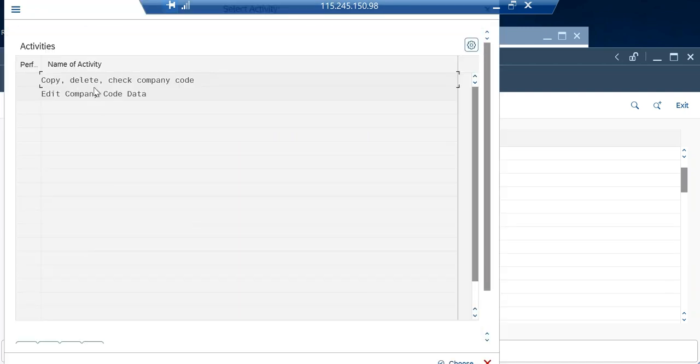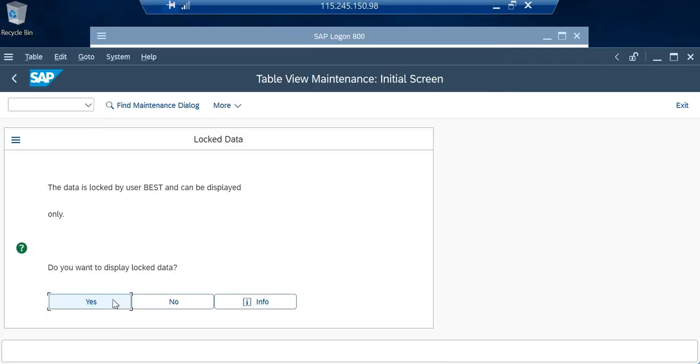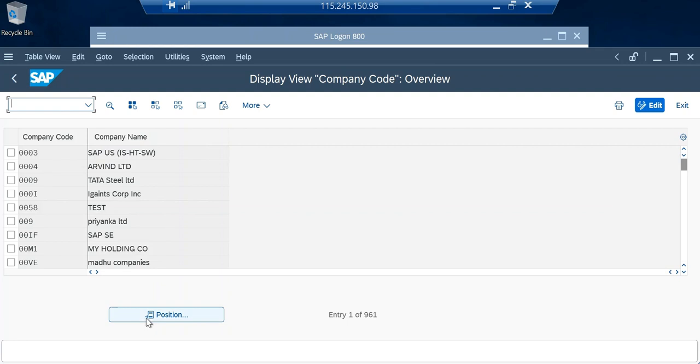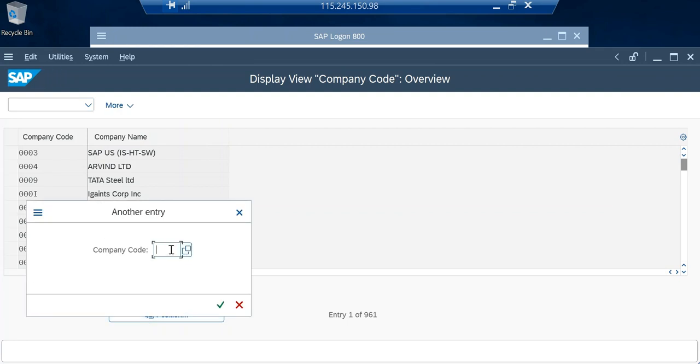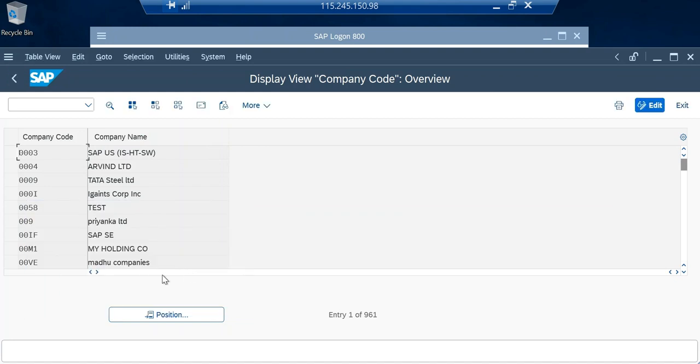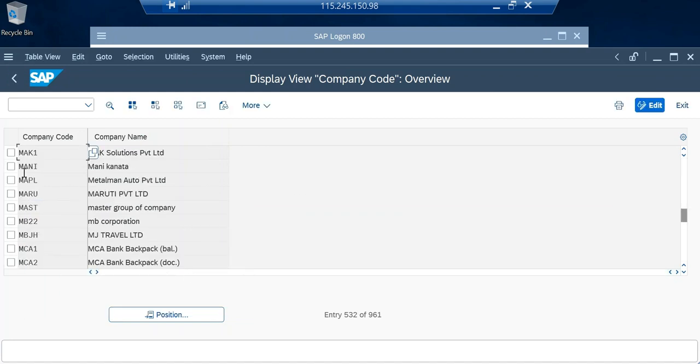So if you click here, let's review the organization real quick. Position. I'm entering the company code. Yeah, it shows MAK1 Max Solutions Private Limited. Okay. So let's assign some